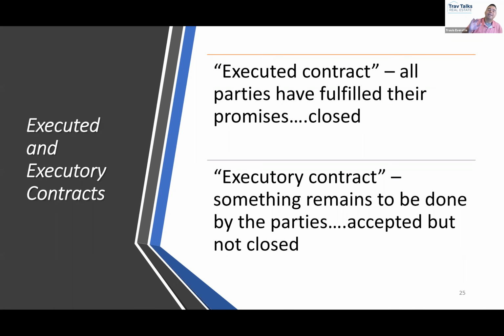Okay. It's time for layer number 4. That's a lot of detail we've given this contract, right? So far, let me give you an example. Jordana agrees to sell her house to Grant, and they've agreed on a purchase price of $250,000. They've agreed on a closing date of April 26th. Grant has promised he'll purchase the property April 26th for $200,000. Jordana's agreed she'll sell. And they've signed it. First of all, is that an express or implied agreement? Express, because they put it down and they signed it, right?